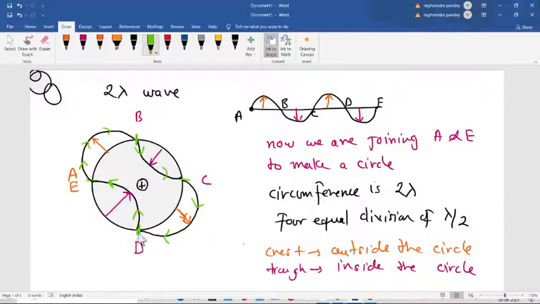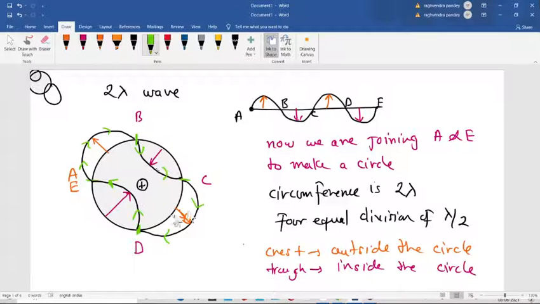Constructive. Because the same wave is tracing the path. So from E, if the new wave starts, it will form the crest of the previous wave. Here it is the crest from A to B. So from E, the new wave will come, tracing the same path. So obviously it will have the crest also at this point. So the whole process will get repeated, so it is a constructive interference.